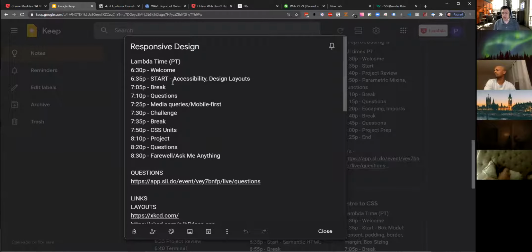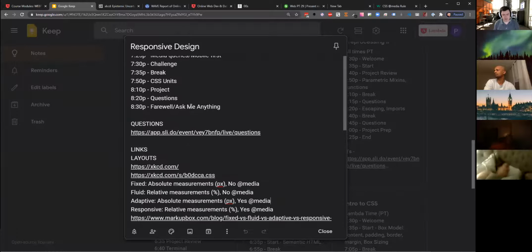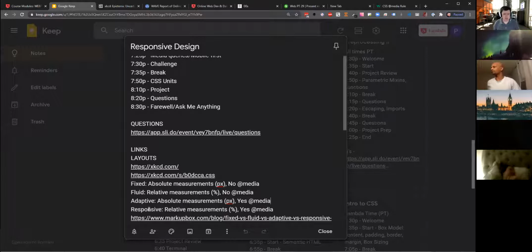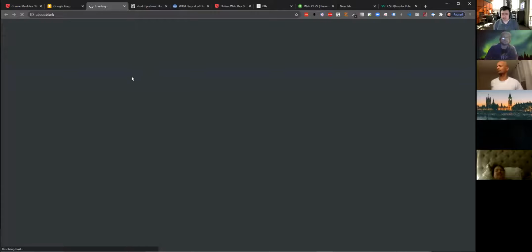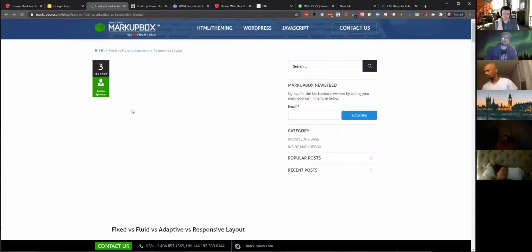Quick review. So we talked about accessibility. We talked about the 4 basic design layouts. We have fixed design, fluid design, adaptive design, and responsive design. And there are tons of great examples and tons of poor examples. So another one of these good references to just go over a few of these fine-tuned differences